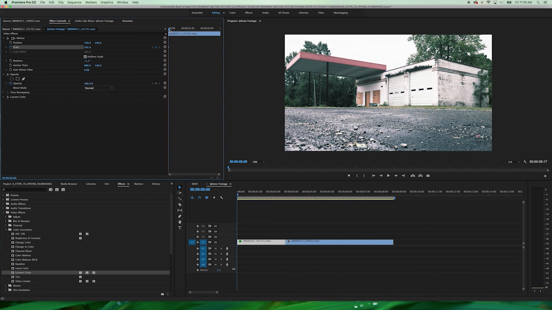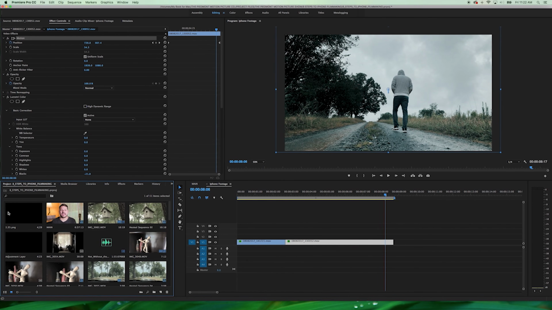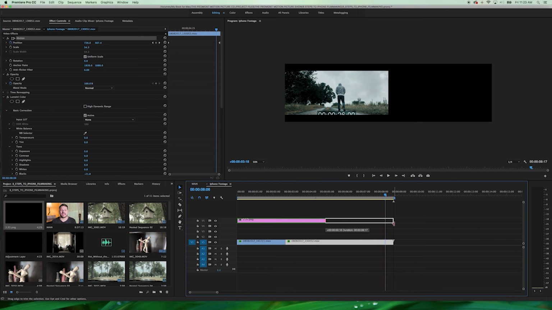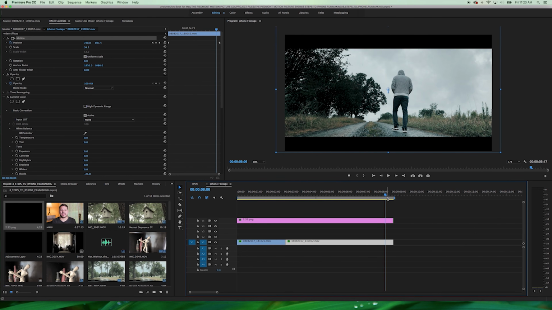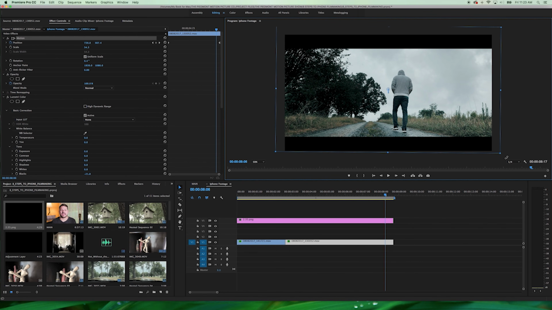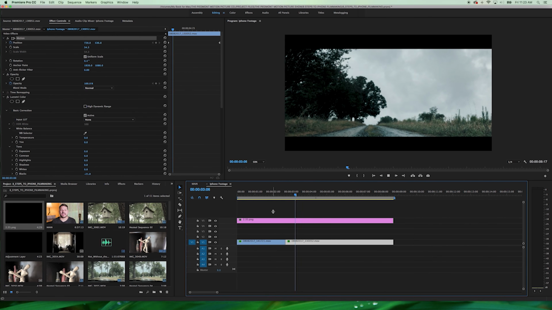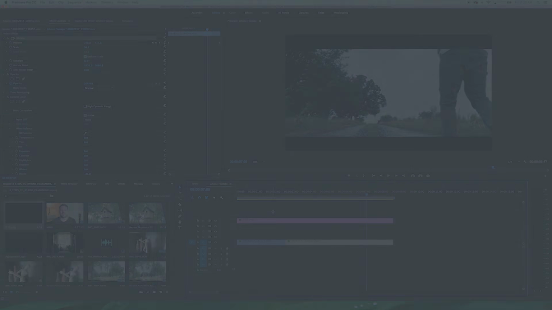You can also add a black bar overlay or letterboxing to really convey that cinematic feel. I use a 2.35 letterbox on most of my films. You can create these yourself right in Premiere using solids, in Photoshop, or you can probably find a PNG file in Google search. And there are plenty of places on the internet where you can buy aspect ratio or letterbox packs that can pull this off as well. The choice is yours.